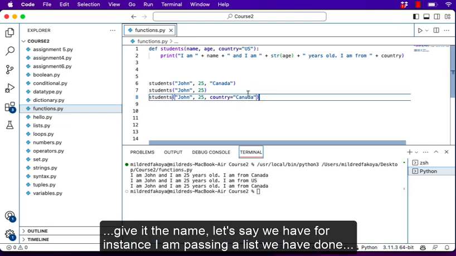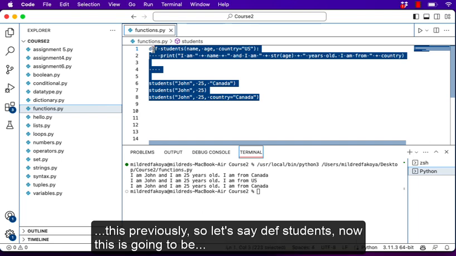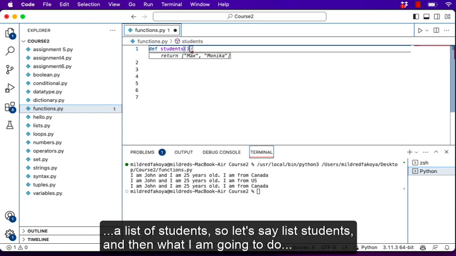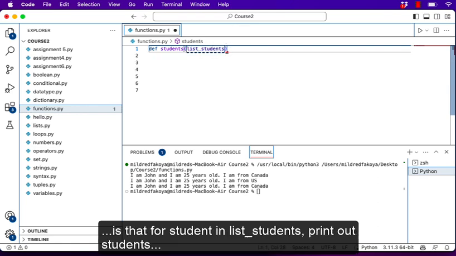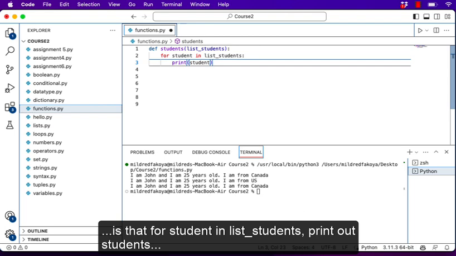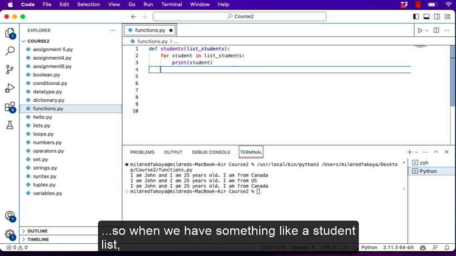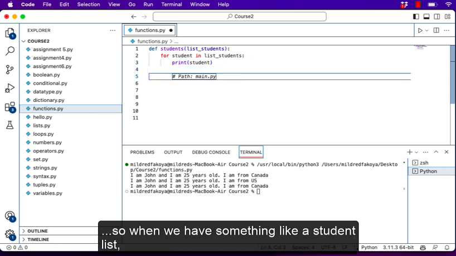Let's say we have, for instance, I'm passing a list. We've done this previously, but let's say the students, and this is going to be a list of students. So let's say list students, and then what I want to do is that for students in list students, print out students, or return students in the case of when we apply it there, like that. And so when we have something like a student list,